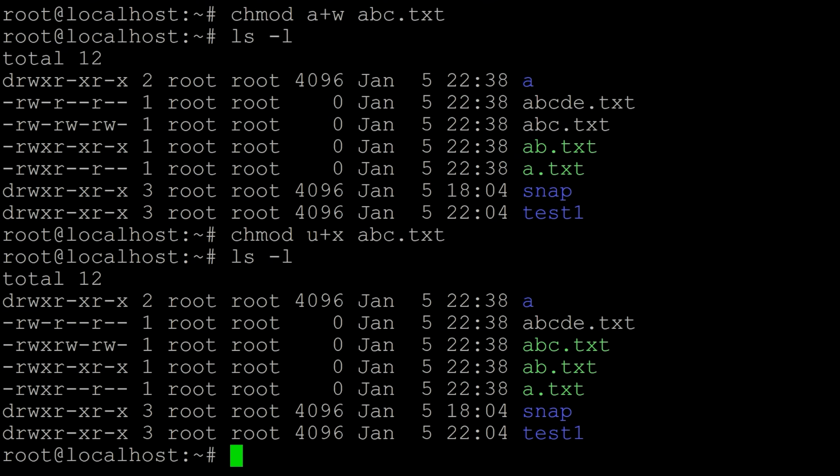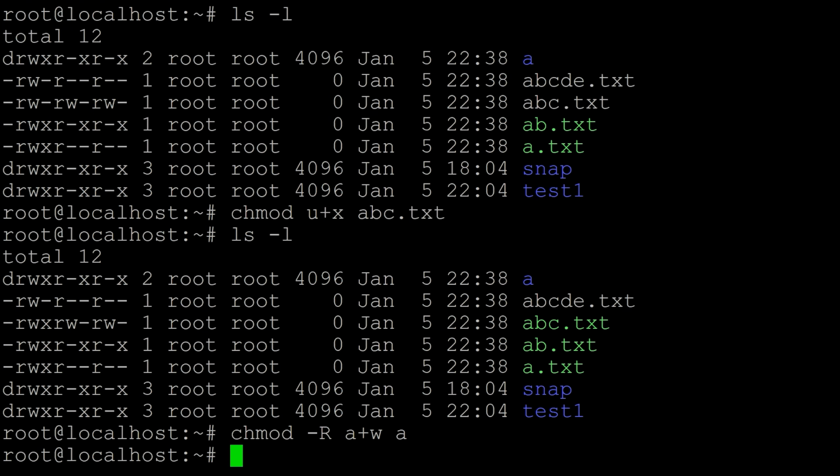All right, now I will show you how to do the recursive thing for the directory. So let's say we want to add write ability for all users in the A directory. To do this, we need to say chmod a+w and then we'll just do the directory, which is A, but we have to remember to add this flag, which is -R, because we are going to recursively do this for all of the contents of the A directory.